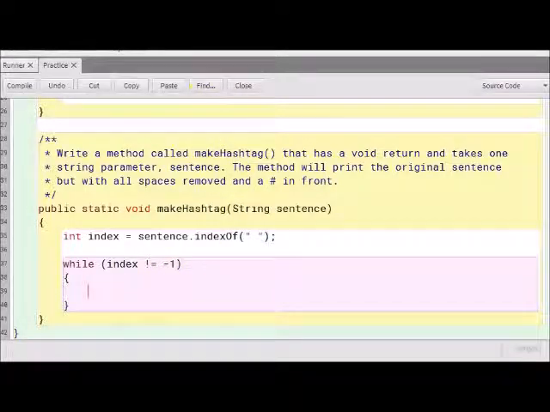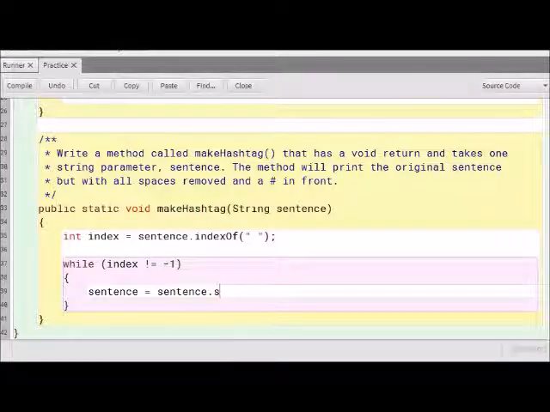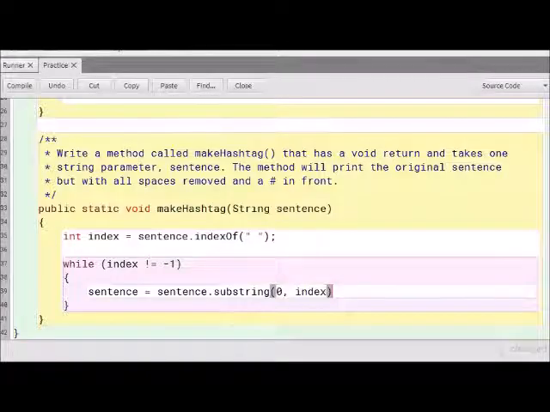Okay, so now I want to change my sentence to start to remove the spaces in it. So how am I going to do that? Well, I'm going to first take my sentence and take only the substring value between the very beginning, so 0, up until I find the first space, so index. Now it's going to start at 0, including 0, and then it's going to go to index, but not including that index. Then I'm going to add it to